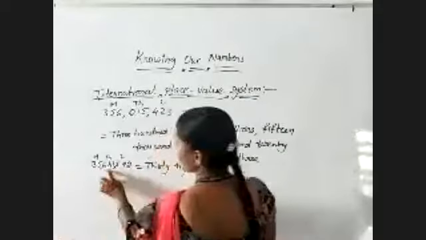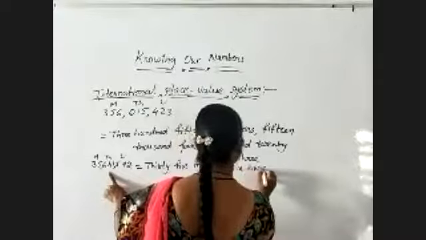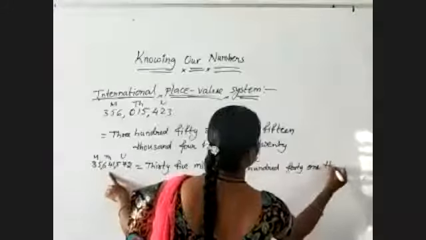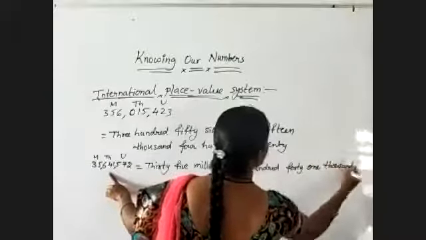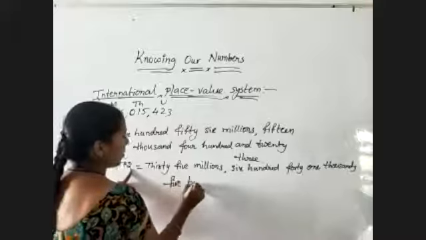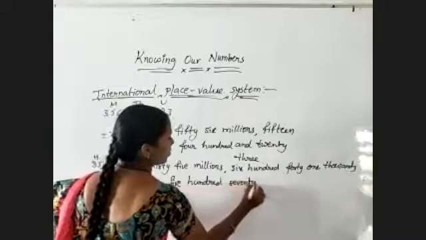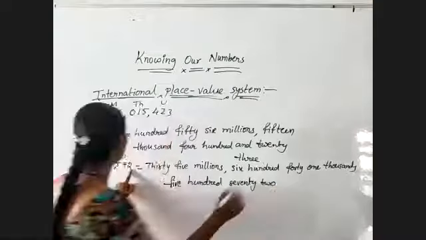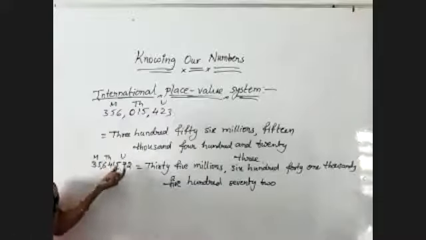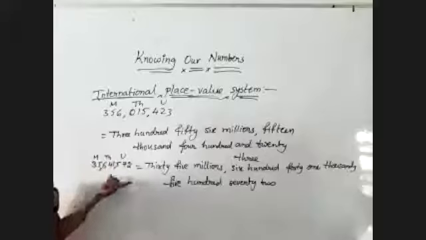And in the thousands place 641, that means 641,000. So that number is in the place of thousand. So we need to write thousands, and 572. So observe this number, how I'm reading. 641,572. So that is the way to write a number using the international place value system.